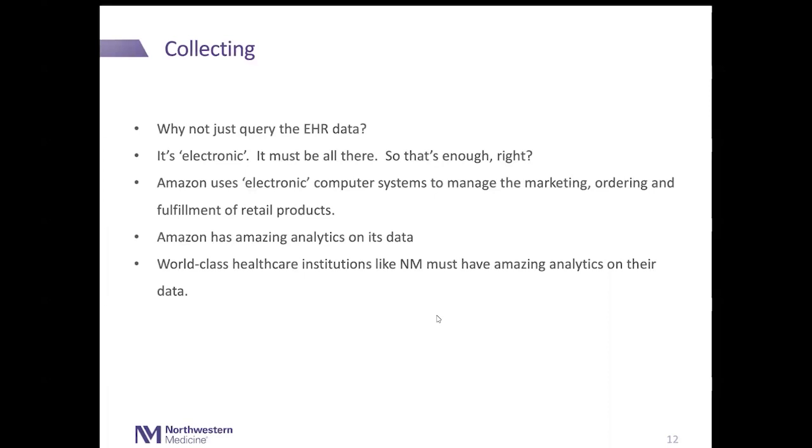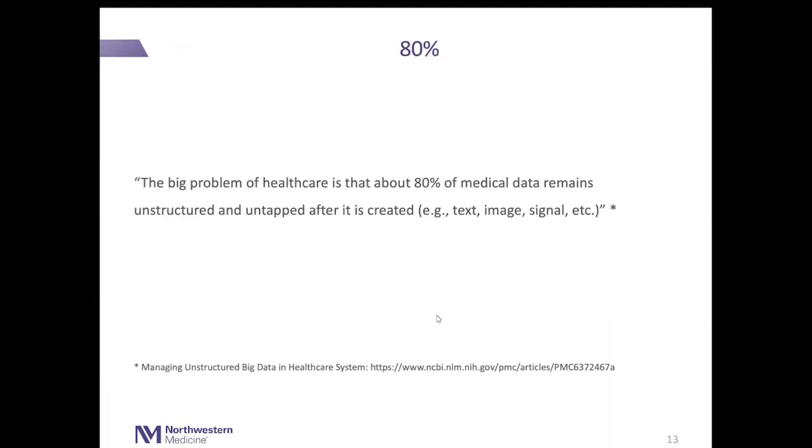It's electronic. It must all be there. So isn't that enough? Amazon uses electronic computer systems to manage the marketing, ordering, and fulfillment of products. Amazon has great data. Doesn't a world-class healthcare institution like NM have great analytics on its data? One of the big problems with healthcare is that about 80%. I don't know if this is really true as much as it was in the past, but it's a high number. Basically, about 80% of the data in the medical record is unstructured,